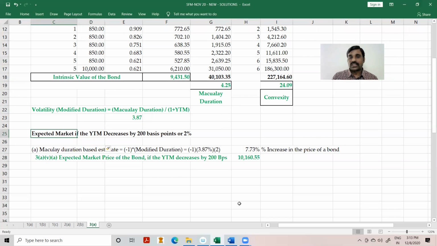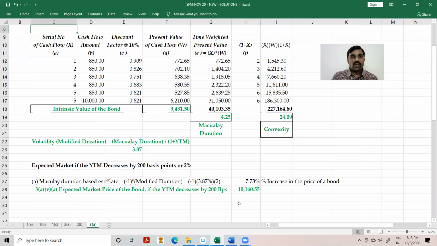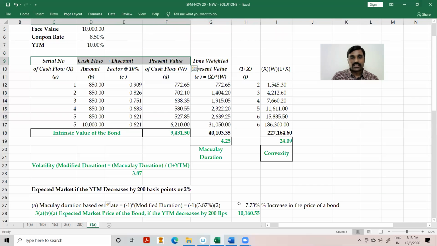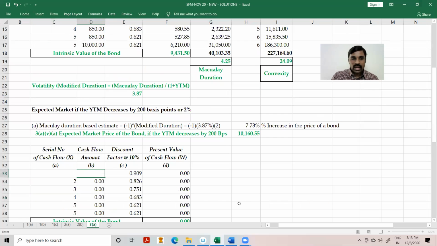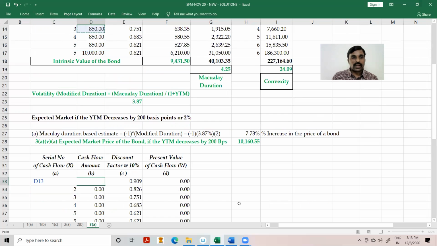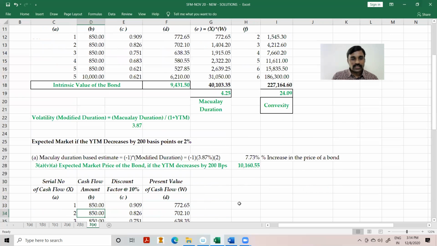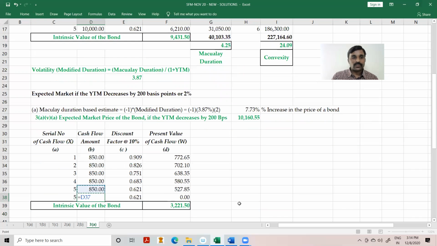Now, as per the present value estimate, we have to simply copy this table. Nothing more than that. Same table, and the discount factor will change, because the coupon is not changing. I have to treat the discount rate as 8% because it decreased by 200 basis points. The discount factors are 0.926, 0.857 and 0.794,